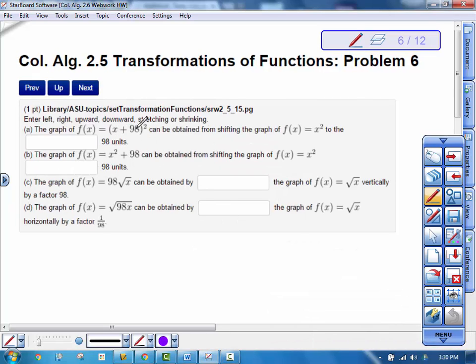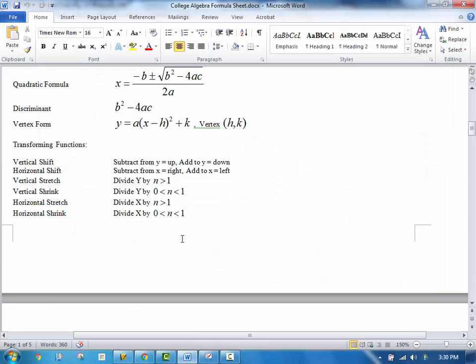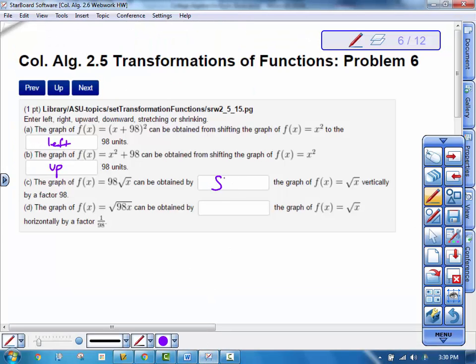Next problem, same thing. If I add to x, that shifts it to the left. If I add outside of x right there, that shifts it up. The graph of 98 can be obtained. If I divide this to both sides, I'm dividing y by a number bigger than 1. So on the formula sheet, if I divide y by a number bigger than 1, it's a vertical stretch. So I would say